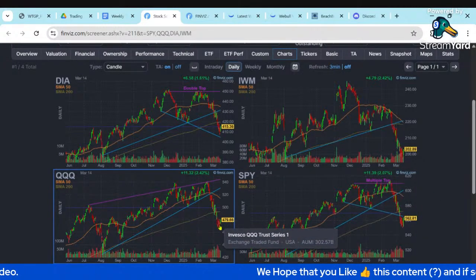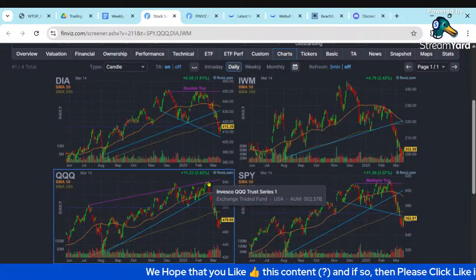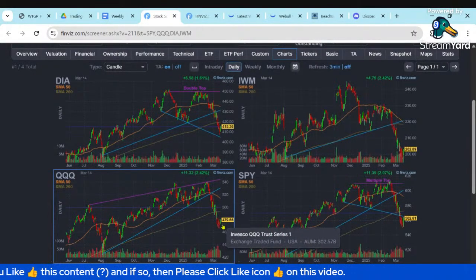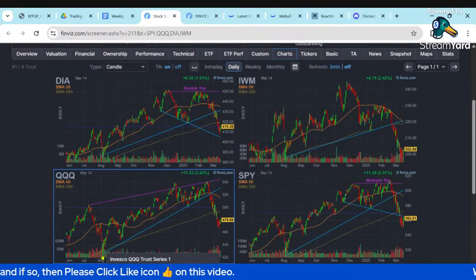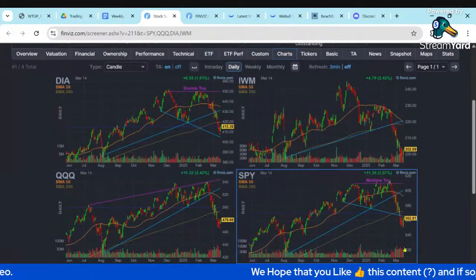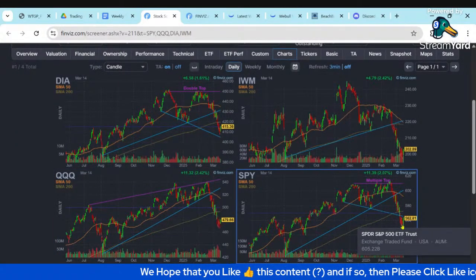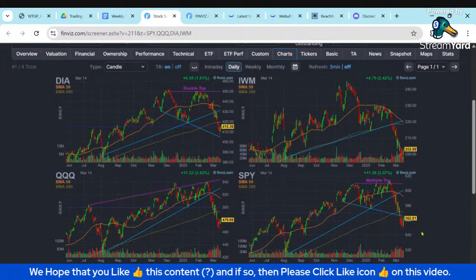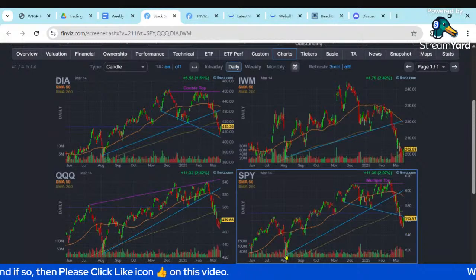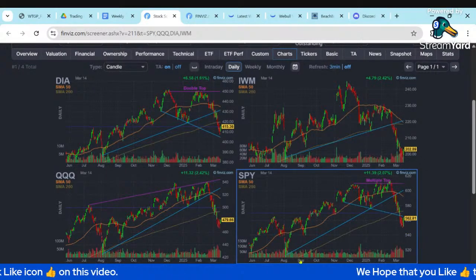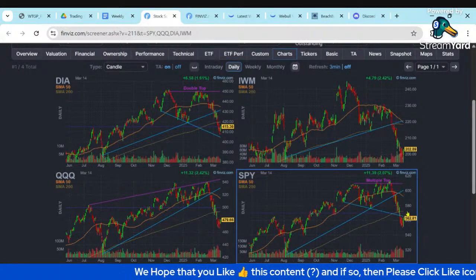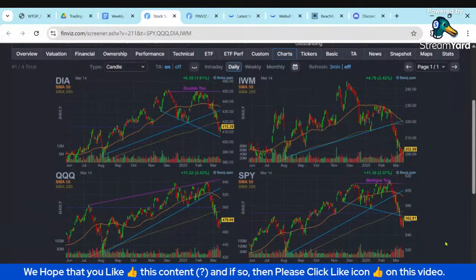QQQ, again, a little bit choppier, but pretty straight down since making an all-time high in February. Got that short relief rally, but again, significant downside back to its August low. So again, a lot more potential downside in technology and the NASDAQ. Similarly, the SPY bounced up to that lower trend line after a steep decline since that high in February. Again, significant potential downside to the September low, to the August low, etc. So again, might get a retest of that 200 and then more potential downside.